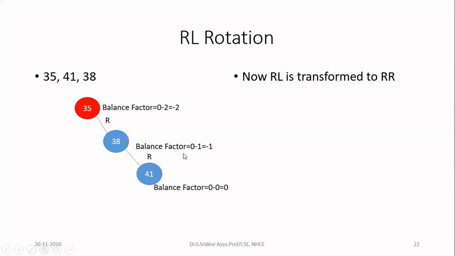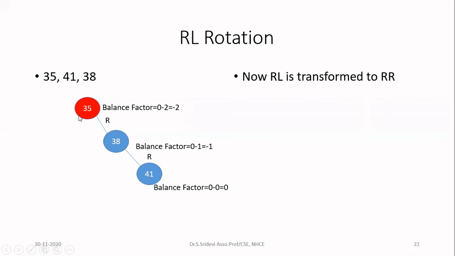But what I have done in the first rotation is, I started with an RL imbalance and transformed it into an RR imbalance, because you can see here both the links are in the right direction. So we have converted RL into RR by means of the first rotation about the middle node. Now you know how to deal with RR imbalance. In case of RR imbalance, you have to rotate in the anti-clockwise direction, the opposite direction, about the first node.